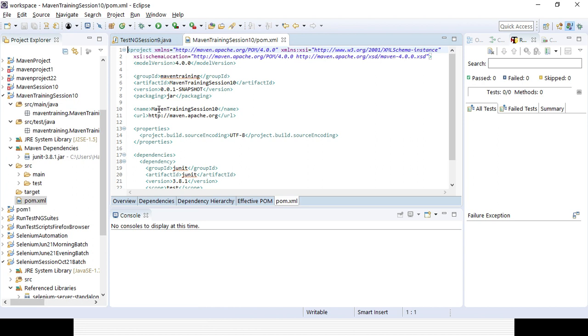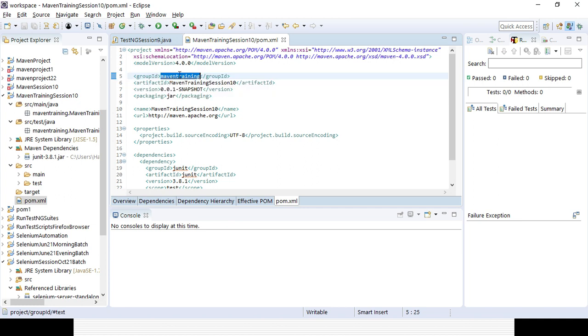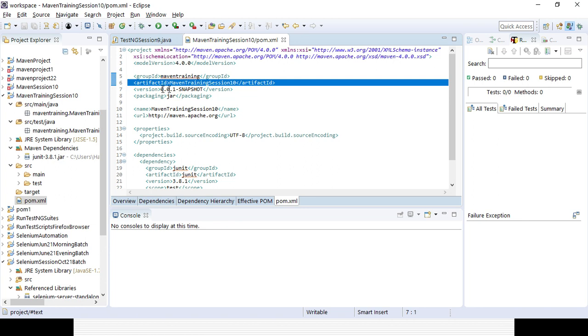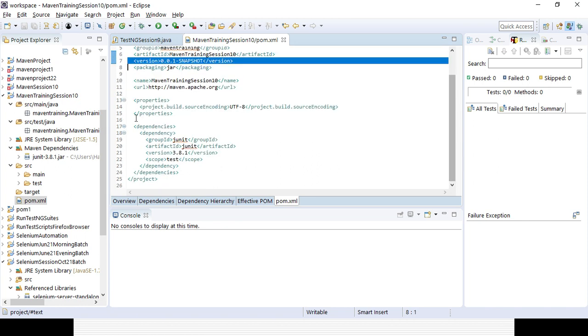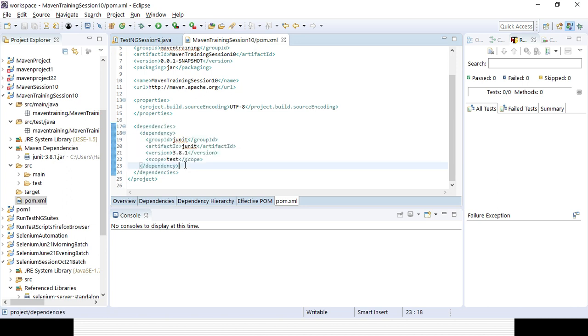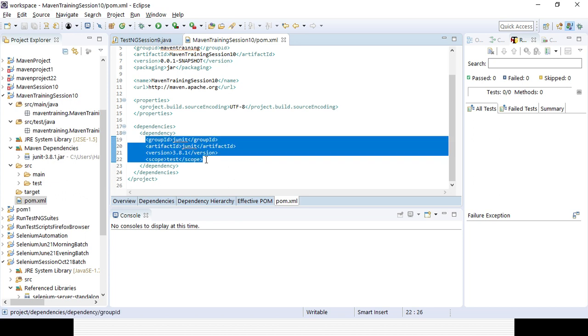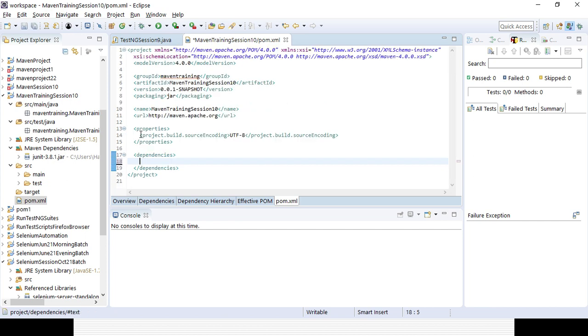This is the group ID for the project, this is the project name, and this is the artifact ID you gave. The snapshot version will automatically be 0.0.1-SNAPSHOT. I'll cover the difference between snapshot and release later. In the dependencies section, by default the JUnit dependency got added. You can remove the dependency or keep it in case you want to deal with JUnit. I'll be adding all the dependencies under the dependencies tag.